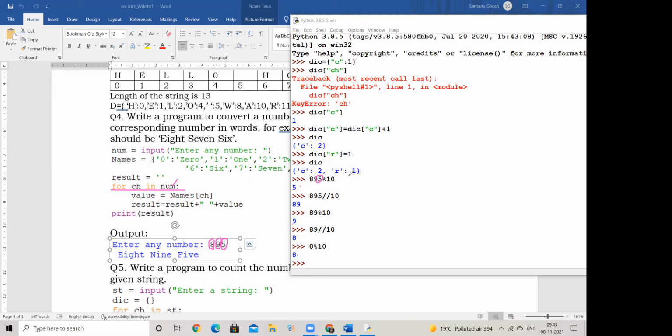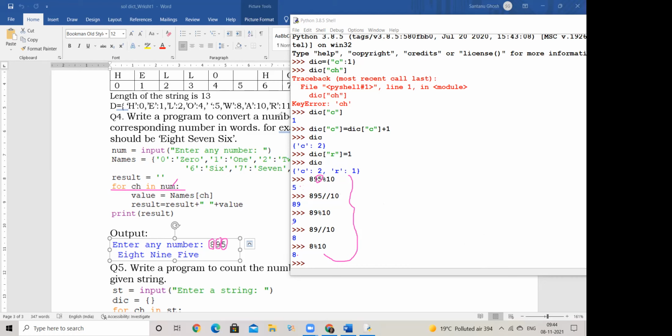Because obviously, if we follow this method, then we have to do something in order to make the number reverse again. Because if you are extracting 895 as 5, 9 and 8, then in that case you are going to print FIVE, NINE and EIGHT, right? So the number itself has changed, isn't it? So there is a little longer method when you handle this particular data in the number format.